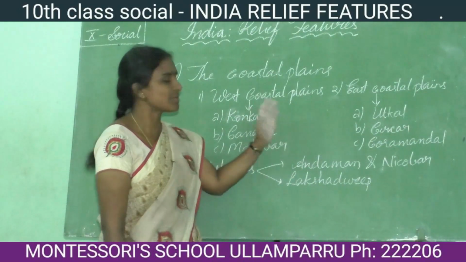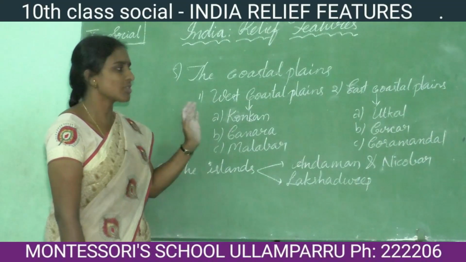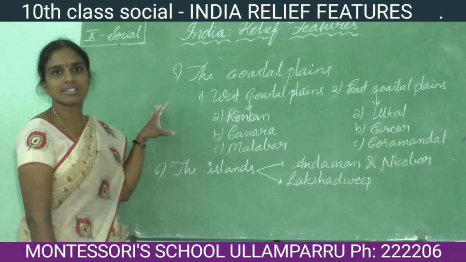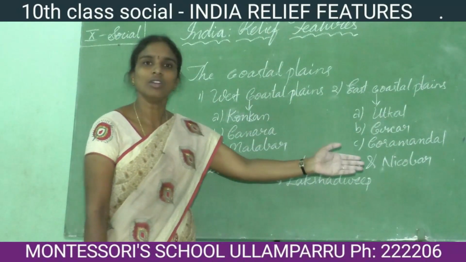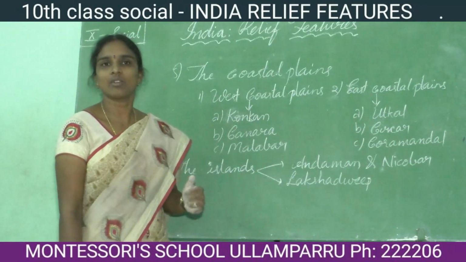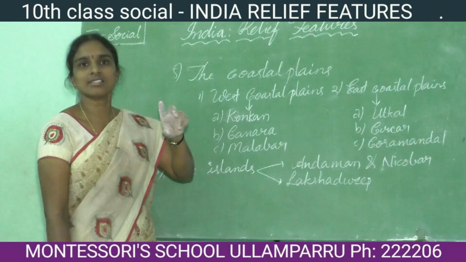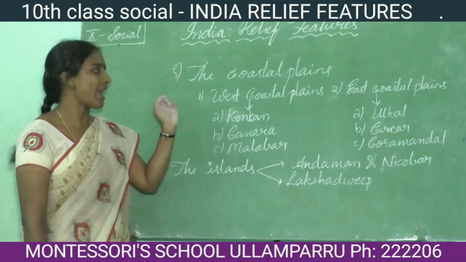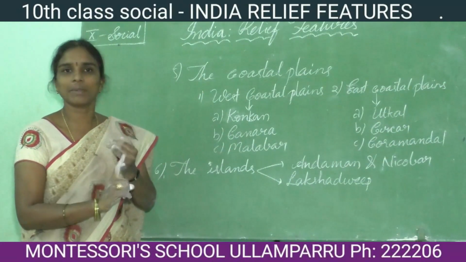So on both sides we can see the rivers also. Mainly most of the rivers that flow from the Western Ghats flow towards the east. Finally they drain into the Bay of Bengal. Why? What is the reason behind this? Mainly there are two rivers that come under the category of west flowing rivers. They had their birth in the Western Ghats. They are Narmada and Tapati.